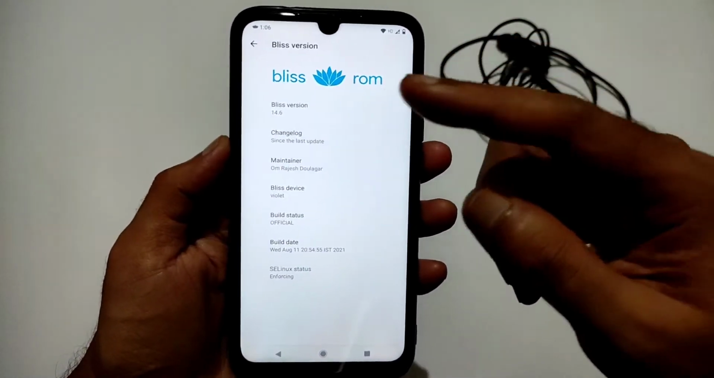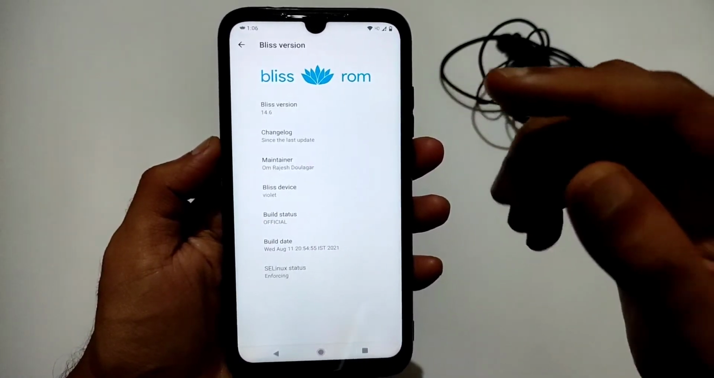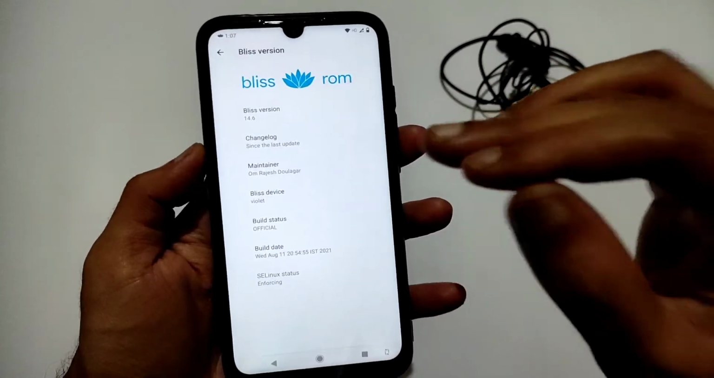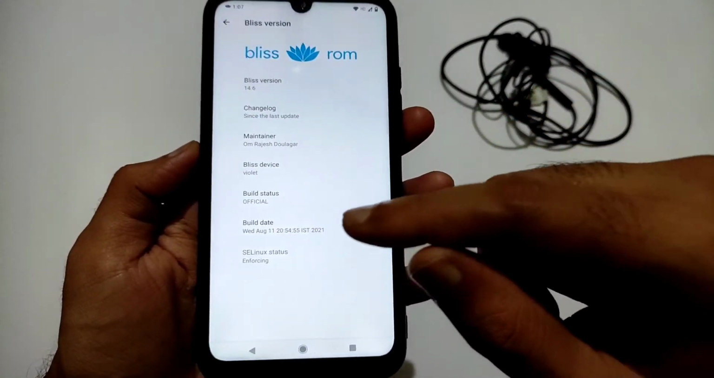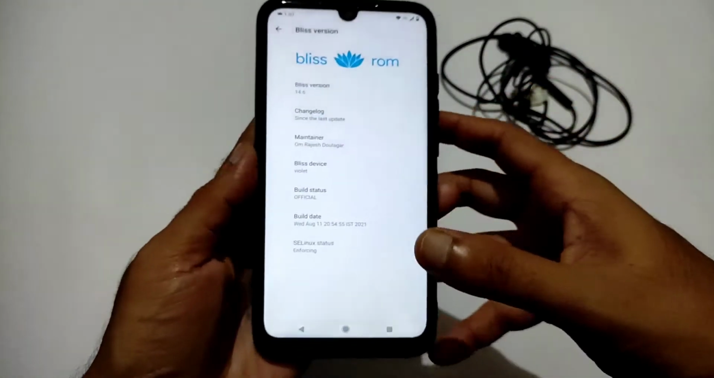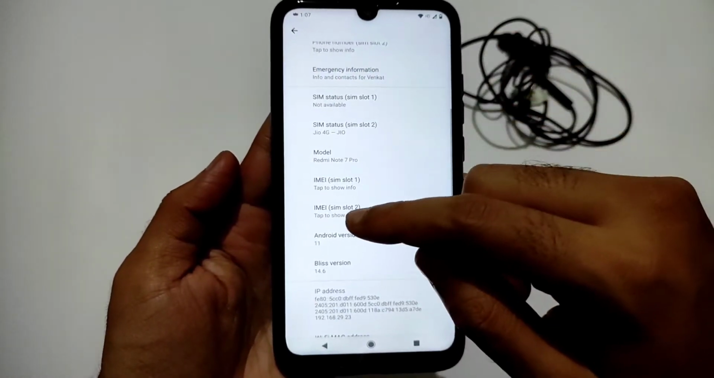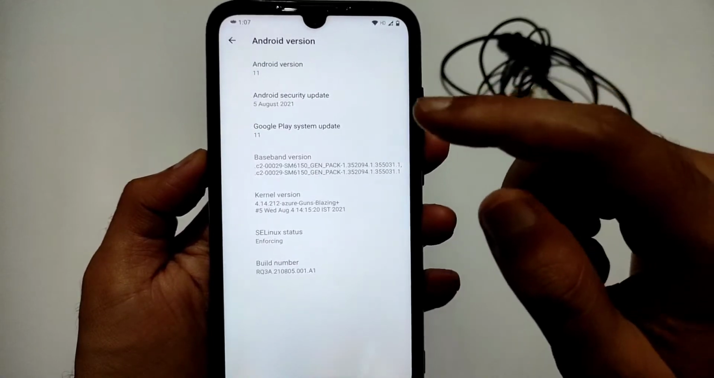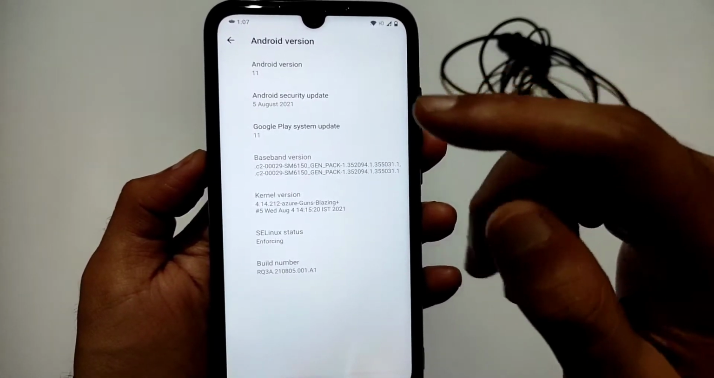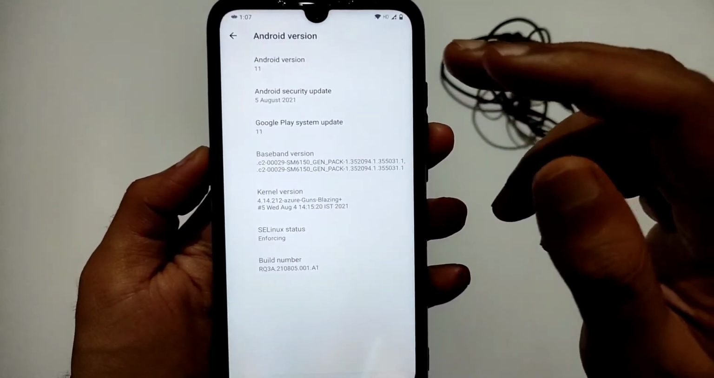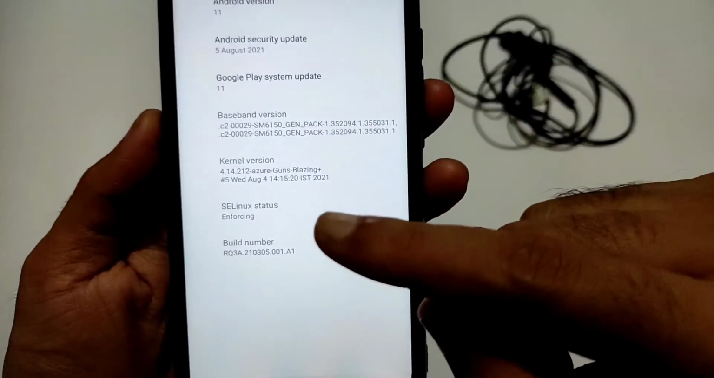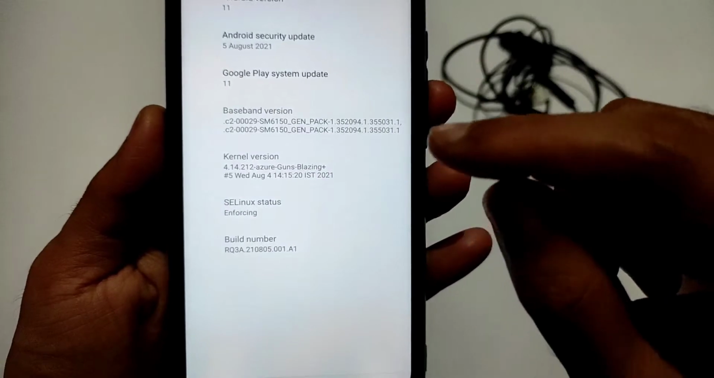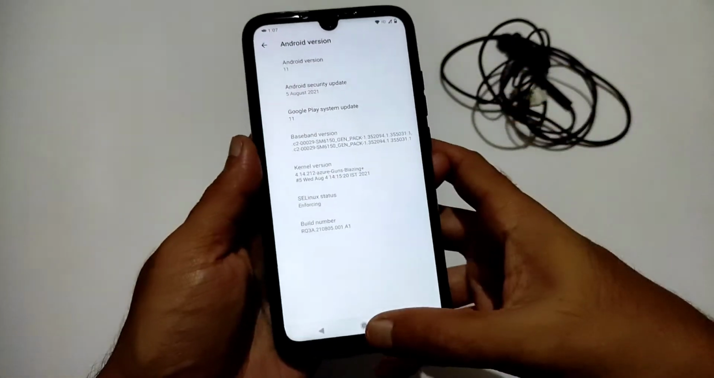And this is the Blizz ROM 14.6 version for Redmi Note 7 Pro. As you can see, this is the 14.6 Blizz ROM version, latest received on August 11 build date. And as you can see, this is the Google Play System update 11, 5th August 2021, and this is the kernel used in this ROM. This is the Azure Guns Blazing Plus kernel which is used in this Blizz